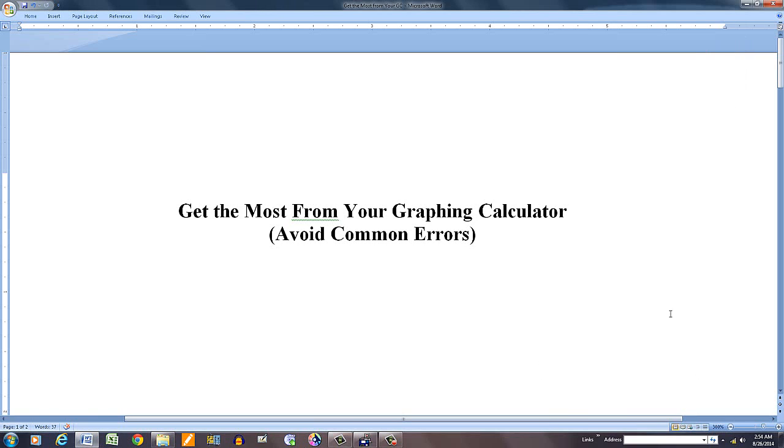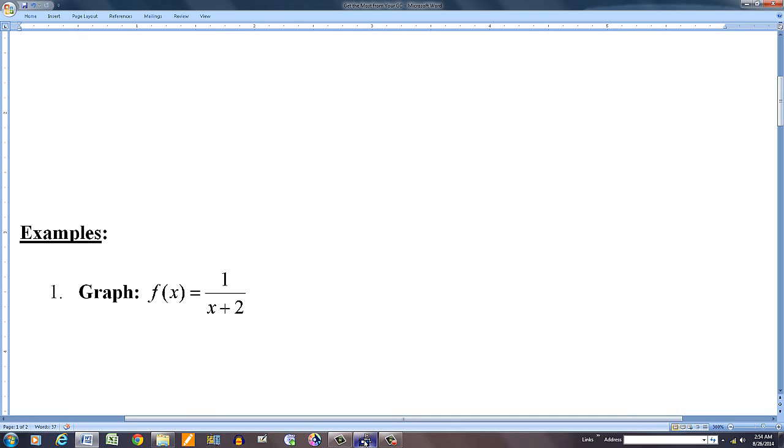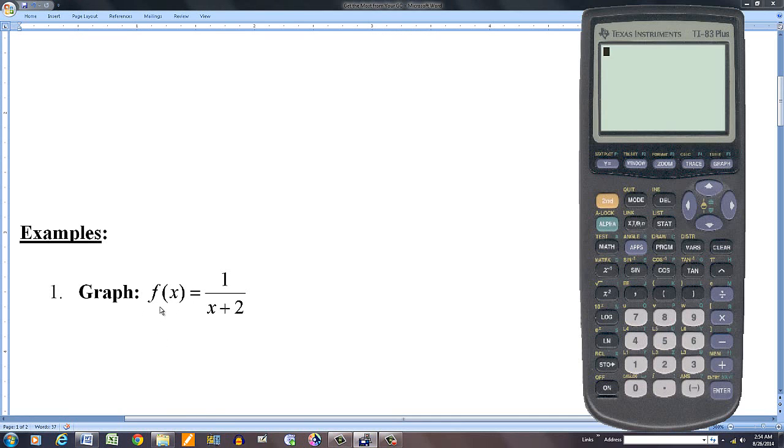Now, some other things I want to go over again on graphs in general. So let's look at the first example that I have here. Let's suppose I wanted to graph f of x is equal to 1 over x plus 2. So I come over here and clear this. And let me enter the function. So here's the deal. If I put 1 divide and then I put x plus 2 and then I go to graph,